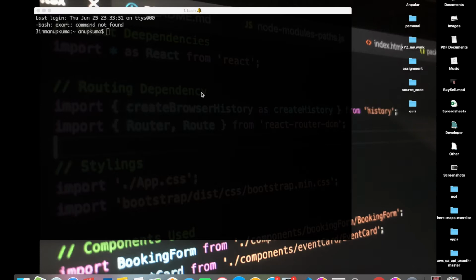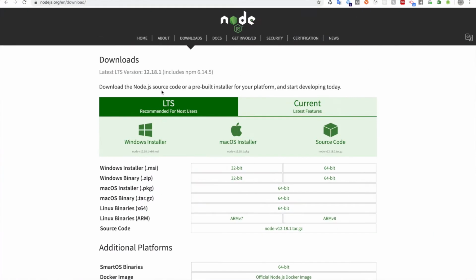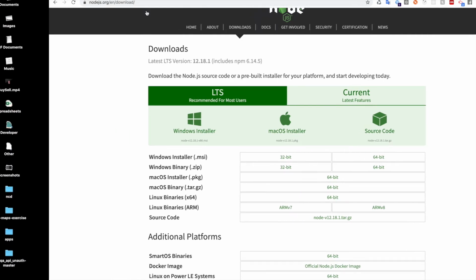Let's get started. The very first thing you need is Node. To install Node, you can go to nodejs.org, and whatever environment you are using, let's say if it's Windows or if it's a Mac, you can download Node from here. And once you download Node, probably